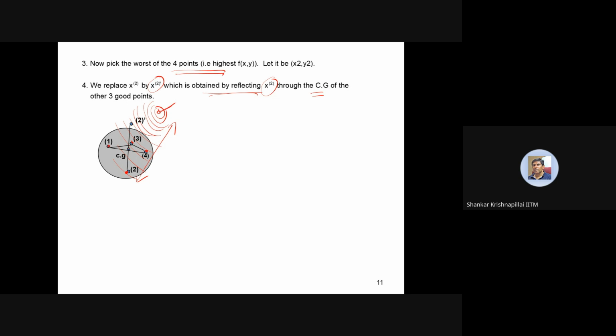Close to the minima, you have to find the center of gravity of the 3 good points, and this bad point x2 has to be reflected in the opposite direction, through the center of gravity. Okay, so what is the meaning